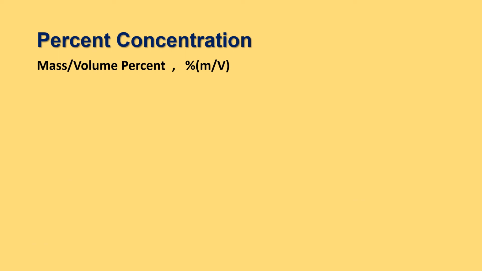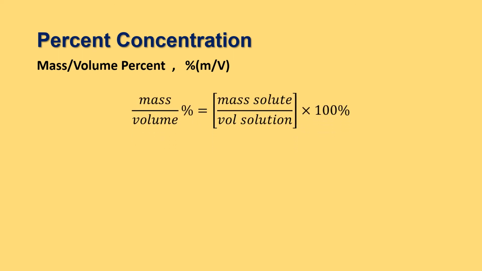Finally, we proceed now with the mass volume percent, which is one way of representing the concentration of our solution with the use of the mass of our solute with respect to the volume of the solution. So the formula for mass volume percent is equal to the mass of solute over volume of solution times 100%. So again, as you take a look at our formula, the ratio is between the mass of solute with respect to the volume of our solution, and we multiply this by 100 because we must express this in terms